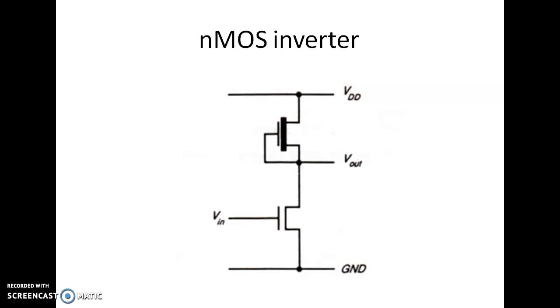That is the depletion MOSFET where gate and source are connected, so VGS is equal to 0, used here. Some assumptions are drawn here: with no current drawn from the output, the current IDS for both the transistors must be equal. This transistor and this transistor are drawing equal currents. For the depletion mode transistor, the gate is connected to the source, VGS equal to 0, so it is always on. And the characteristic curve for VGS equal to 0 is considered.